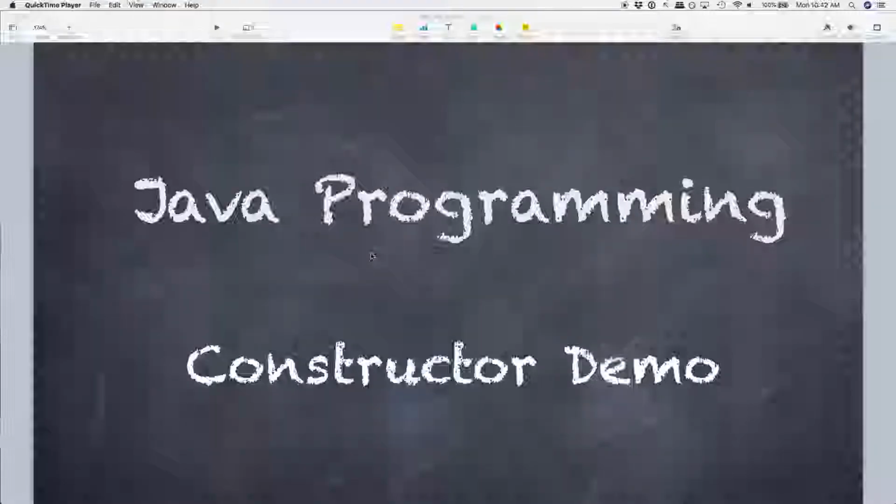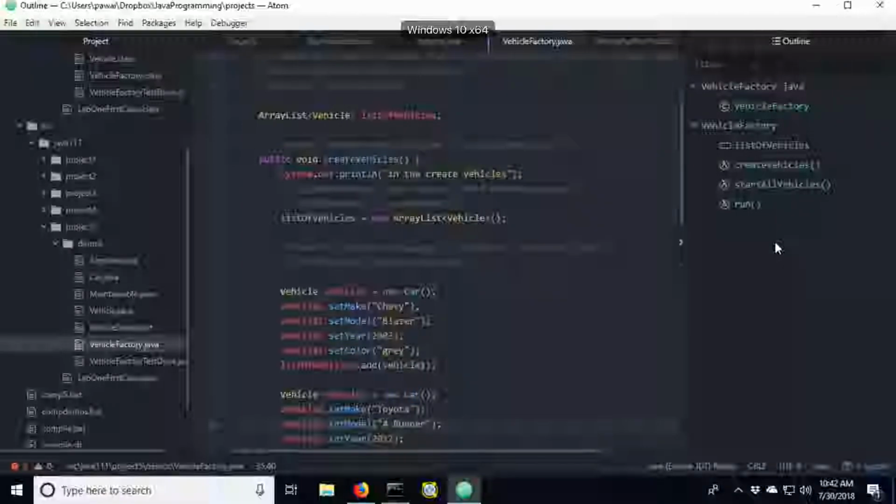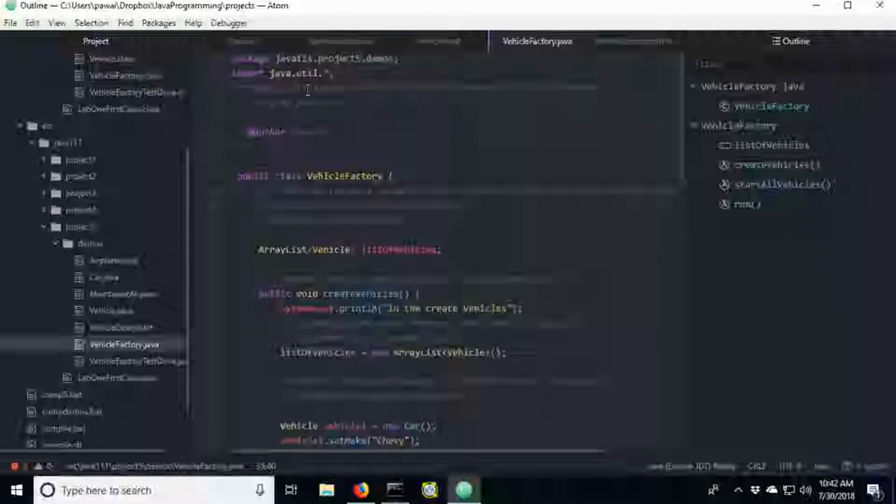In this video, I want to do a demonstration of constructors with the vehicle demo that we've been working with so far this semester. So if you don't have the latest code, you could grab that out of GitHub. Otherwise, if you want to bring the code in from Unit 4, I'm using the classes pretty much exactly as they were. The only change is that I've updated each of the classes with a package statement so that I can use my compile and run scripts for packaging up the code, which we're doing in this module.